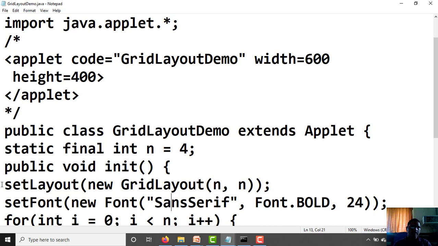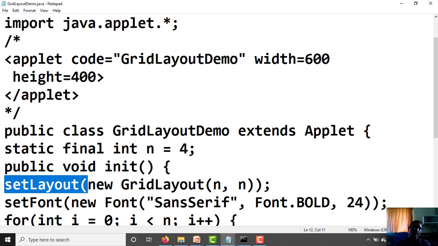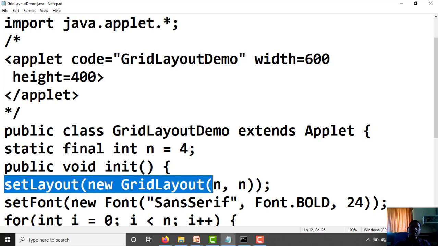Next line, set the layout for this window, and that layout is grid layout. By using the setLayout method, we can set the layout: setLayout(new GridLayout(n, n)); n we have already initialized as 4, so 4 comma 4.